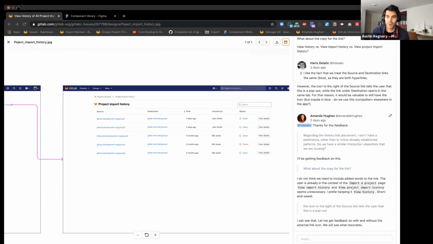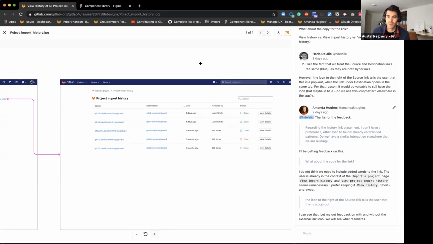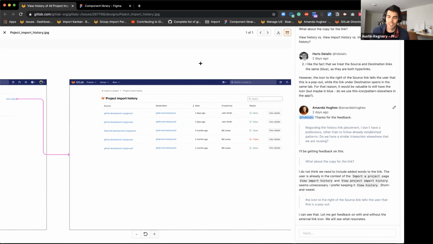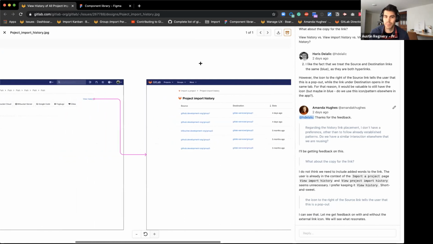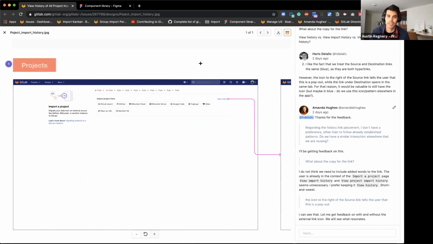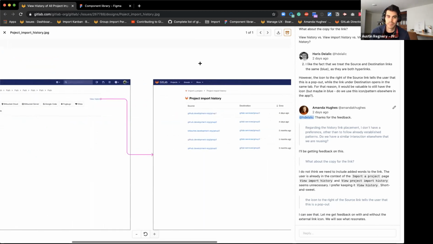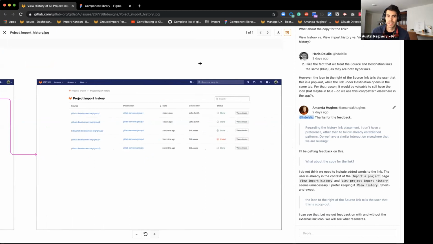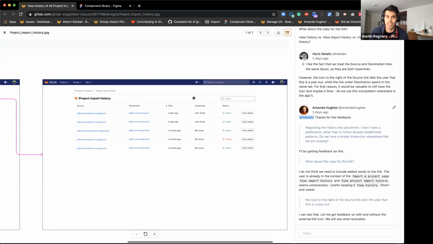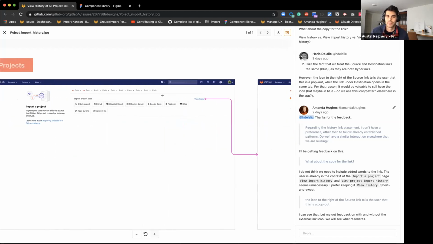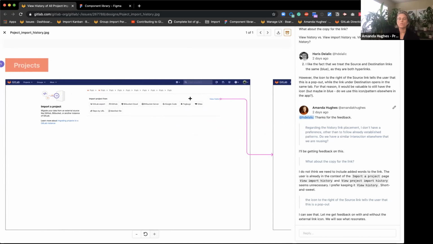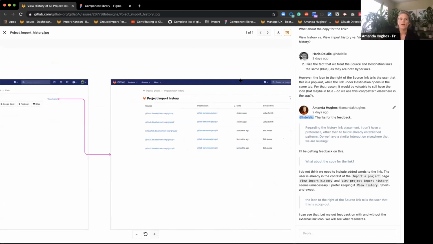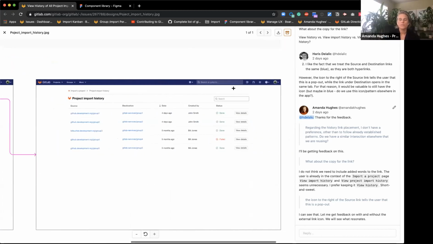The intent I thought behind the accordion is they wouldn't have to load it when the page gets built. They can maybe load in that data when the user hits expand. That way you're not making them wait on pulling every single project in before the page is ready to render. I think my question was just, does taking the user to a new page take them off the task of importing a project? Just food for thought. You don't have to answer it. It's just something to consider. Okay. That makes sense.